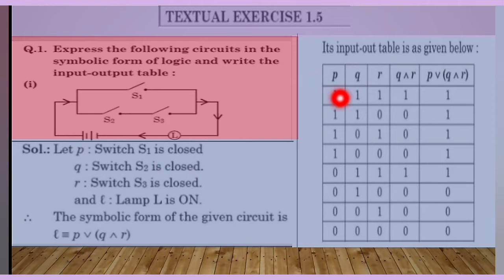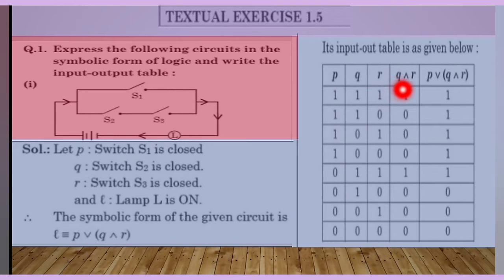We already learned the table. Here the only change is T means 1 and F means 0. Here we write four 1s and four 0s in the P column. In the Q column we write two 1s, two 0s, two 1s, two 0s. Here T means 1 and F means 0, right? And R means alternating, 1 0 1 0 1 0, 8 rows. If statements are 3, then draw 8 rows.